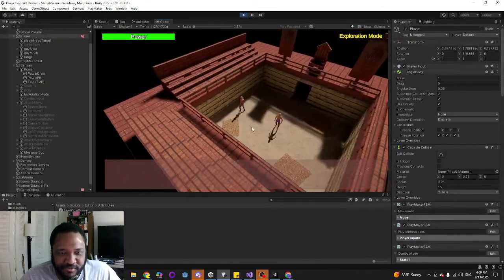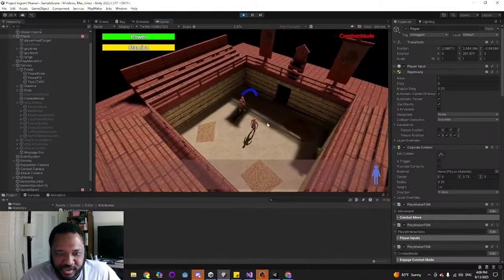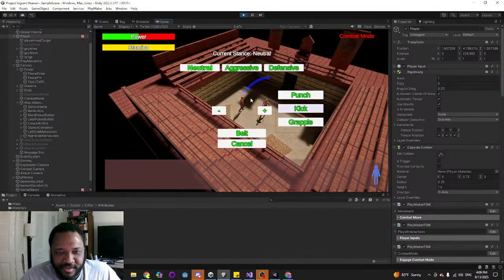I've got movement during the exploration mode, and then you'll engage fighters in the game in the combat mode. And once you actually do an attack, this game is going to get pretty wild. You've got neutral, aggressive, and defensive stances, which give you bonuses to attack and penalty to defense, or penalty to attack and bonus to defense. When you attack someone, you can adjust how much power you're going to hit them with. But attacks are done in two exchanges.